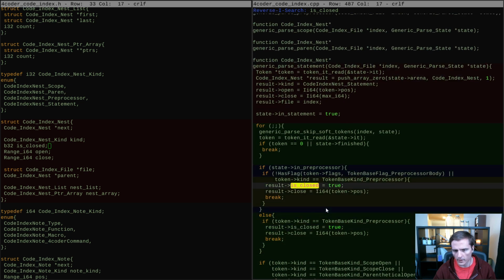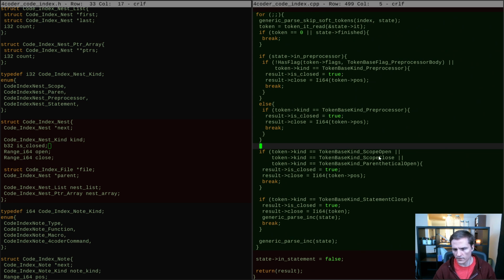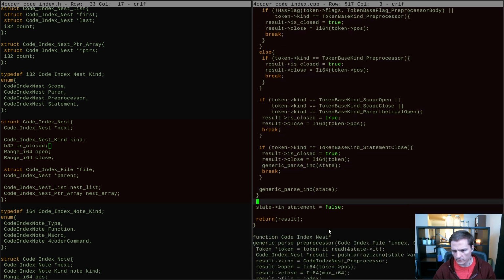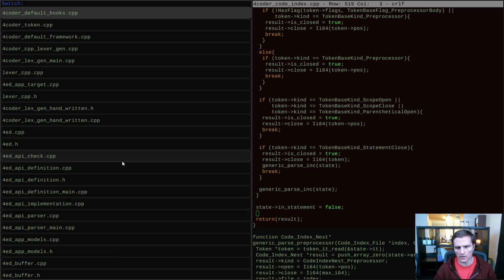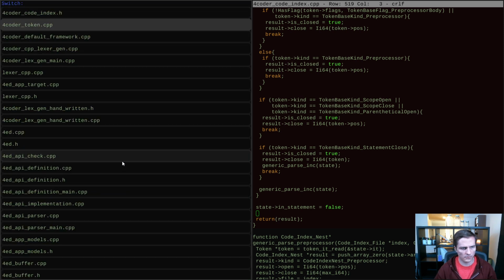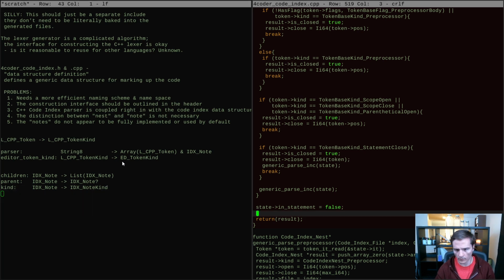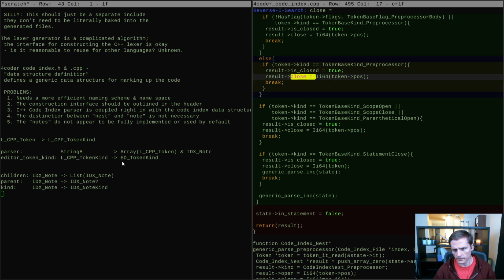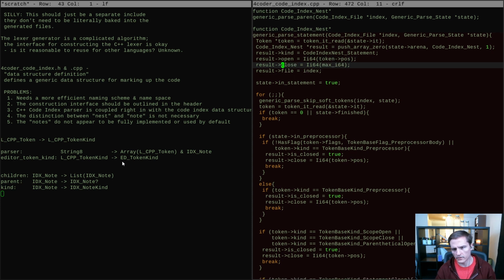So these are all the cases where the range of a particular nested scope was a closed range. So we need to be able to ask any given note: close equals blah blah blah blah, open equals